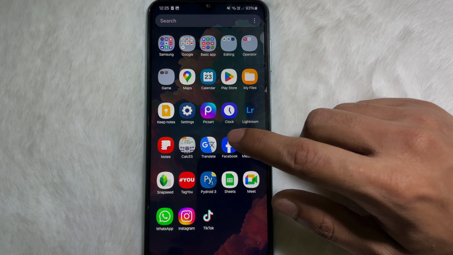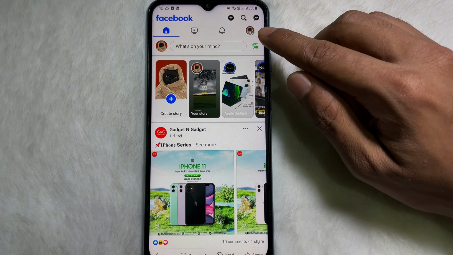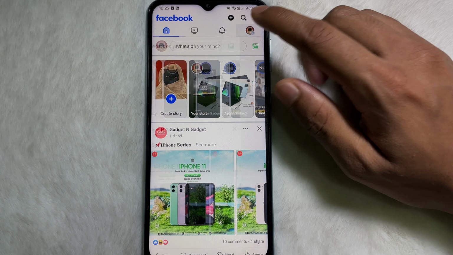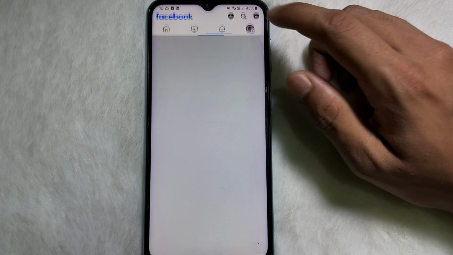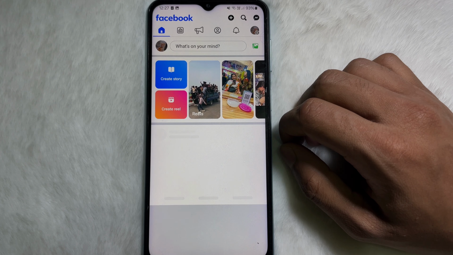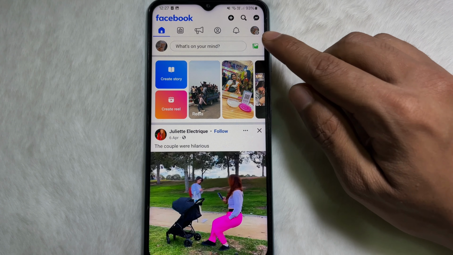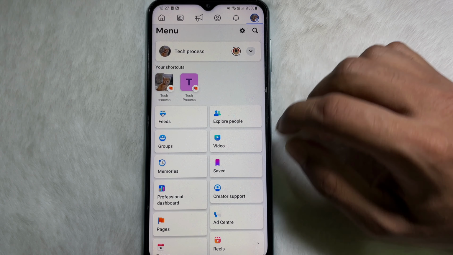So first of all, you have to open up your Facebook app, then tap on this profile picture or three lines at the upper right side, and then here you will get a down arrow icon, so you have to tap on here, and then here you will get all your Facebook pages. Now select the Facebook page you want to change the name of, and after that tap on this profile picture at the upper right side, and now scroll down a little bit,